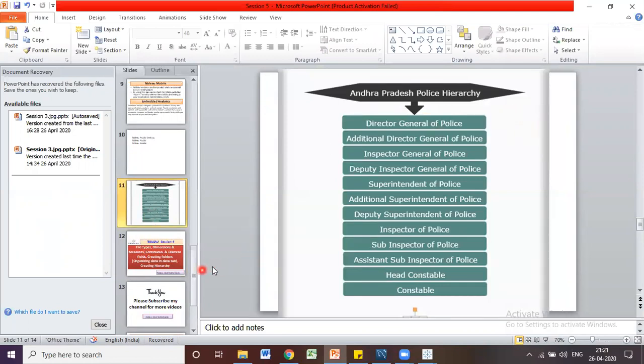Here you can see the higher positions in the police department are DG, additional Director General of Police, Inspector General of Police, DIG, Superintendent of Police, SP, additional sub inspector, deputy sub inspector, inspector, sub inspector, assistant sub inspector, head constable, and constable. This is the hierarchy from high to low.